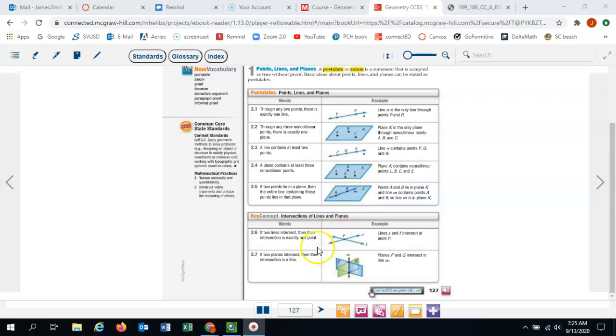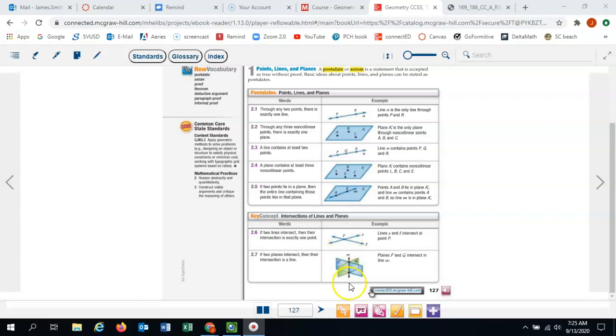If we go down to the last two here, so again, these are all from chapter 1. So if two lines intersect, then their intersection is a point, right? We would call this the point of intersection. So if they ever say something about identifying the place where two lines intersect, we know we would be identifying